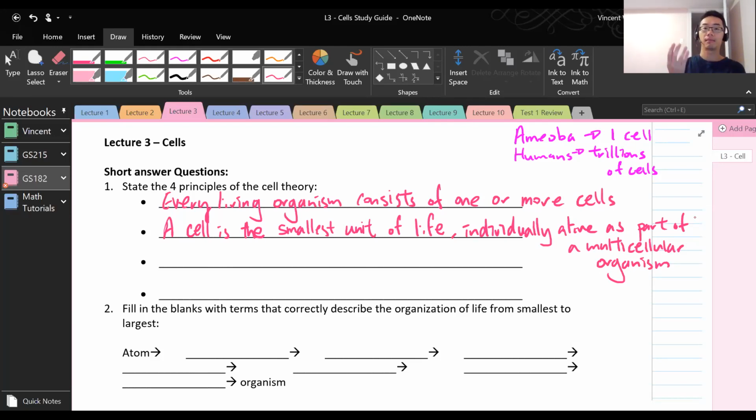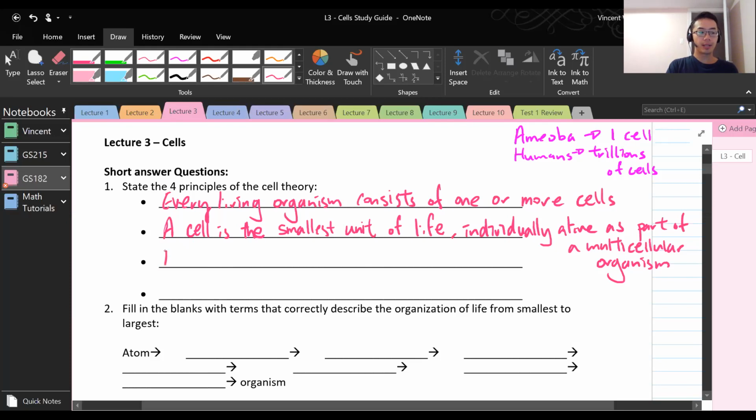And that basically is what this second part of the principle says: the cell is the smallest unit of life. Life being something that exhibits all the characteristics we talked about in lecture 1. So there's some complexity to it, there's an energy requirement, and they have to maintain homeostasis. All those characteristics that you will find in the entire organism, you will also find on the cellular level. Smallest unit of life.